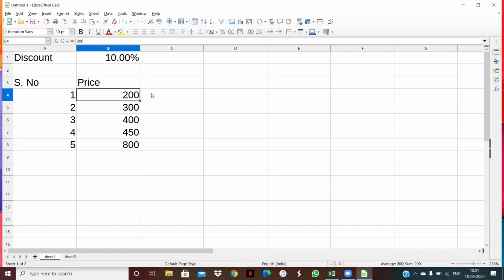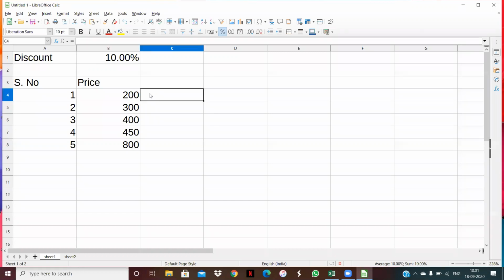Clear? Absolute cell reference means we fix one cell value and let the rest of the cell values vary. That is called absolute cell reference.